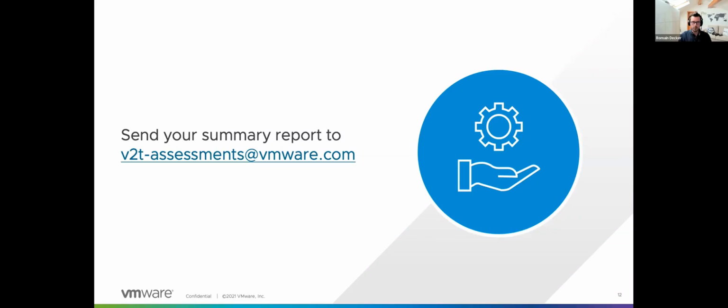So you can assess your environments, and if you don't mind, potentially send your assessment reports to that email: v2t-assessments@vmware.com. It's a mailbox that the PM and myself are reading, and we just need the summary report. You don't need to send the detailed report. If we have the summary report, if we see which features are blocking most of the providers, it will